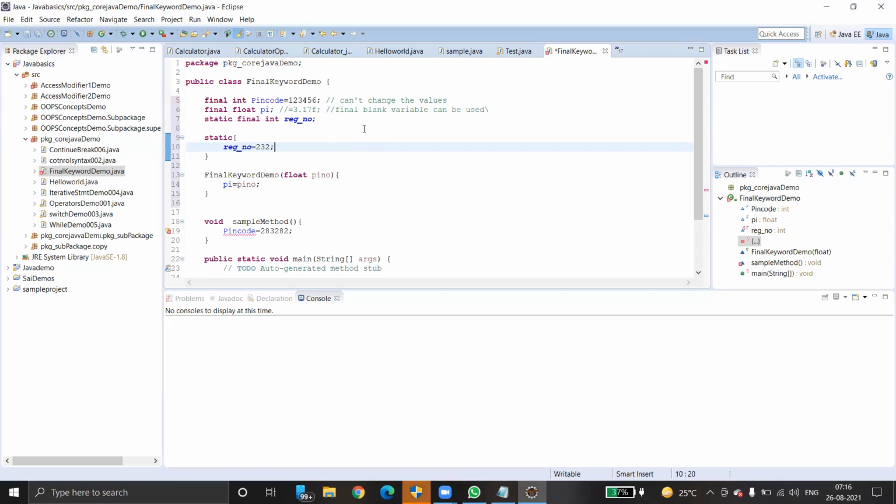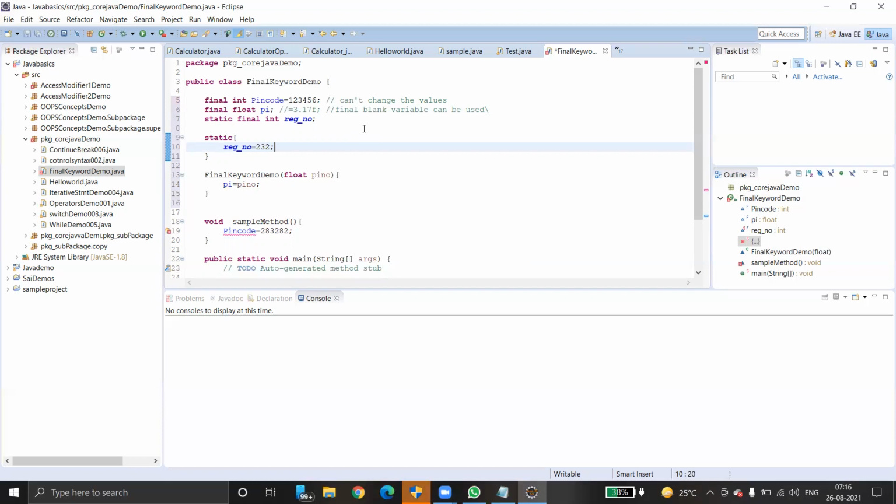Here, coming to the final method. A final method cannot be overridden. Please remember this. We can have a final method, no issues, but we cannot override it. Why? The name itself is telling us it is the final implementation. We cannot change any logic of the method. The basic essence of the final keyword is that we cannot change the value.